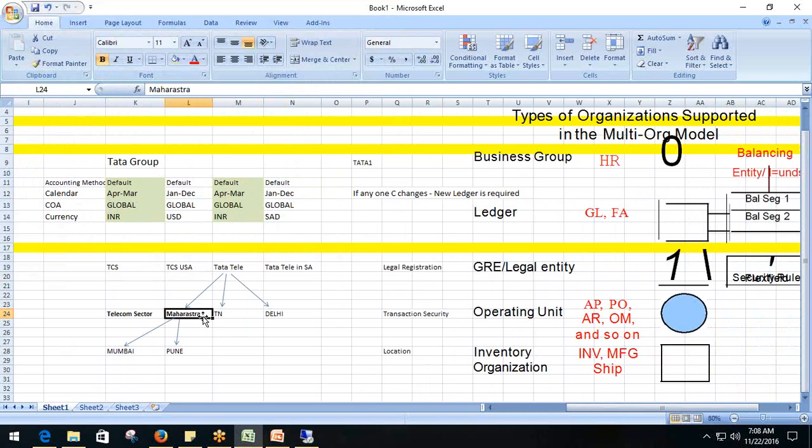Now, just to give an example here, don't take it too much into that one. In those scenarios, yes, my operating unit has to be restricted to one specific area, where I can perform the purchasing, and also do the order booking and the invoicing. So my transactions, both the ability to pay and the ability to receive, are restricted. My transactional security is required at this point in time because I don't want somebody